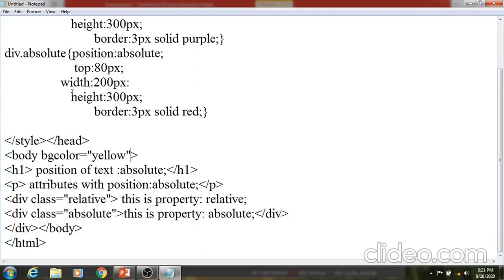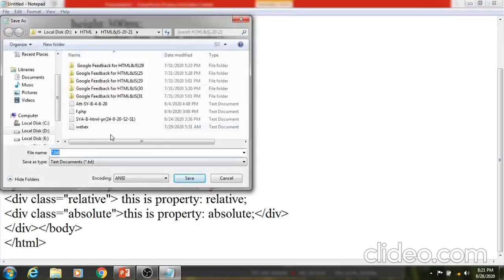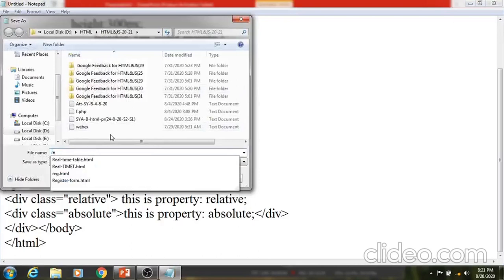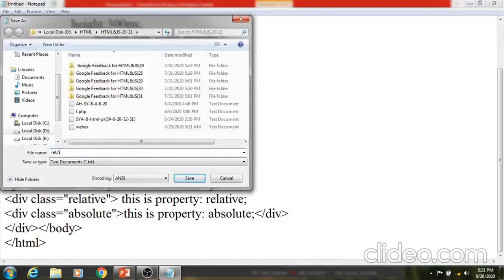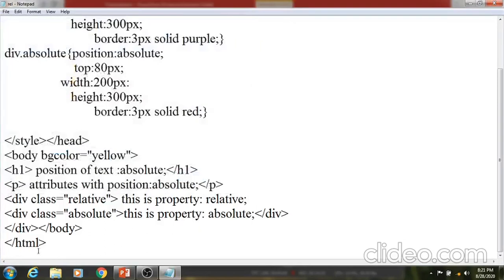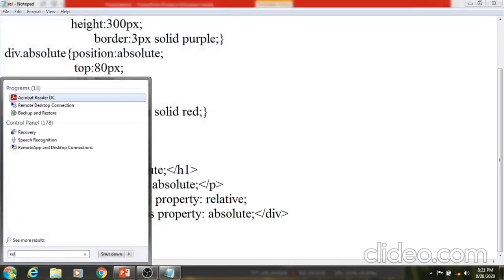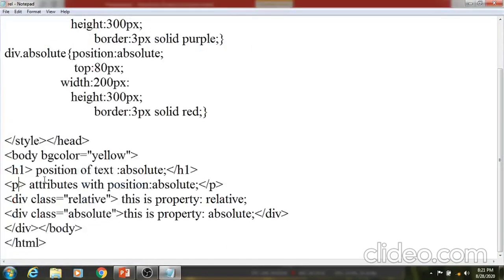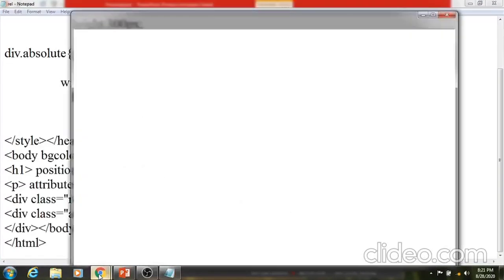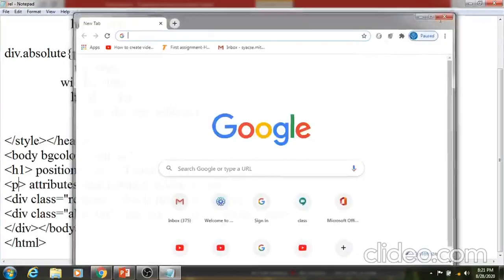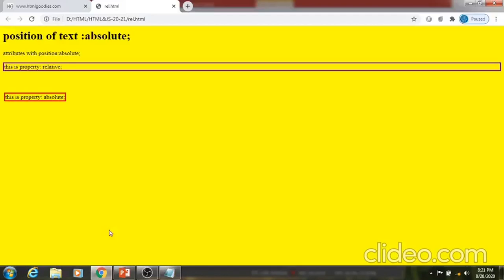So let's have the output for this. Just save this program. Now let us see the output. This is the output for your current positioning program.